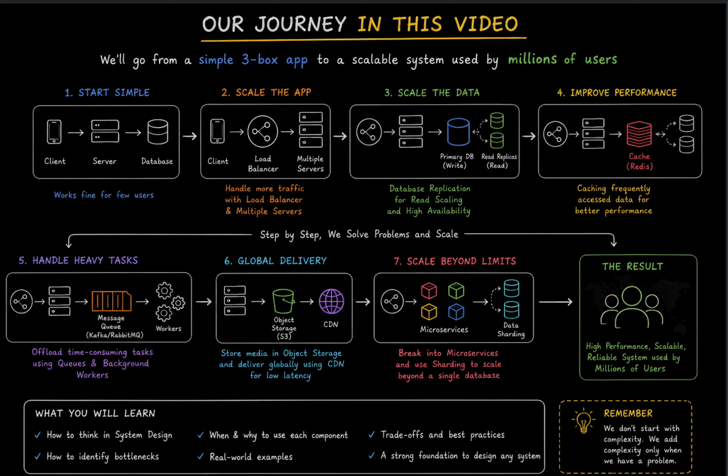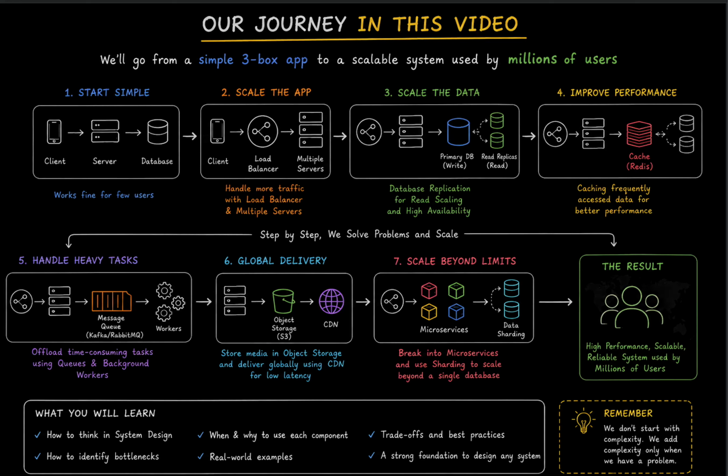So how do you actually approach any system design question? When an interviewer gives you a question like design WhatsApp, don't immediately start drawing, and that's the wrong approach. Instead, follow a framework. First, clarify the requirements. Ask, what does the system need to do? What features are in scope? Who are the users? And estimate the scale: how many users, how many requests per second, how much data, how much storage we need.